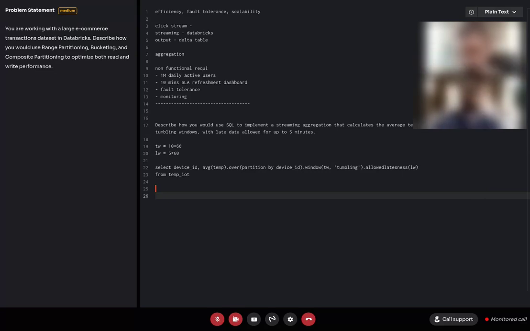We sometimes require that, but why would we store e-commerce data with hash partitioning?